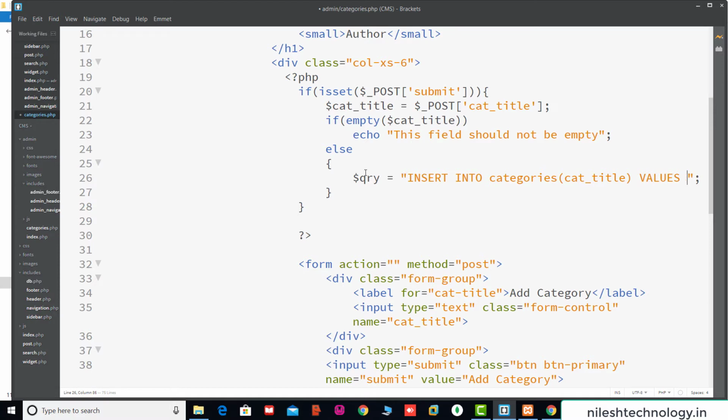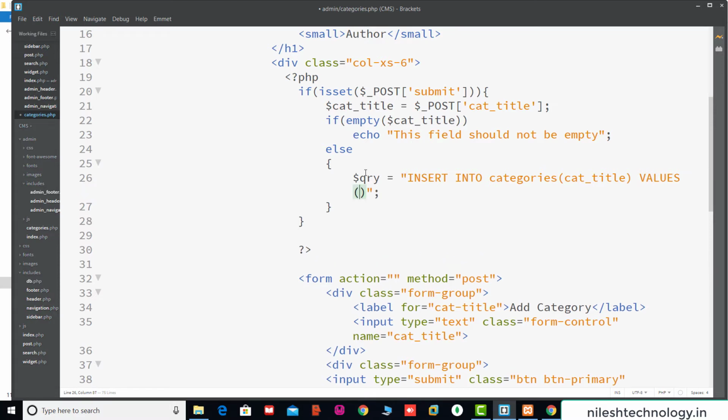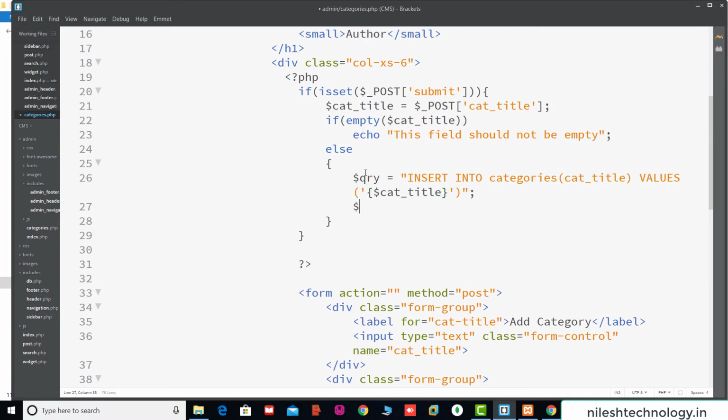Then values: pass here the variable name in single quotes, $cat_title. Okay, and here we execute this query using mysqli_query with the connection and your query.